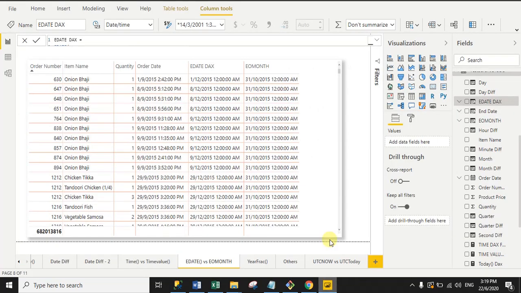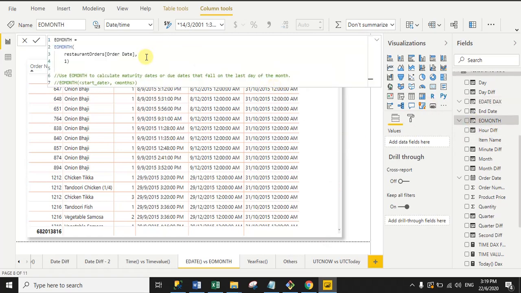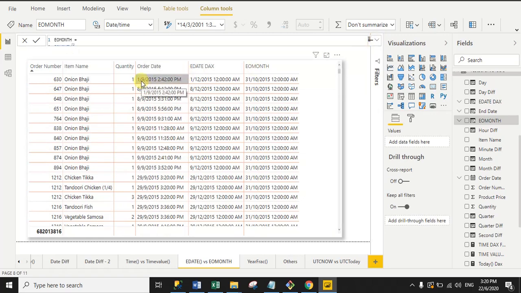Now back to the Power BI file, and firstly I will show you the DAX for EOMONTH. So you can see here, just create one column. EOMONTH is my column name, and here I passed the EOMONTH DAX function, then open the bracket, and in the first argument pass the order date, and then pass 1 month, right? I want to expire all orders after 1 month. Okay, so now see the output. See here my date is 1st September 2015. I added 1 month in the EOMONTH DAX function. So it will expire all my orders on